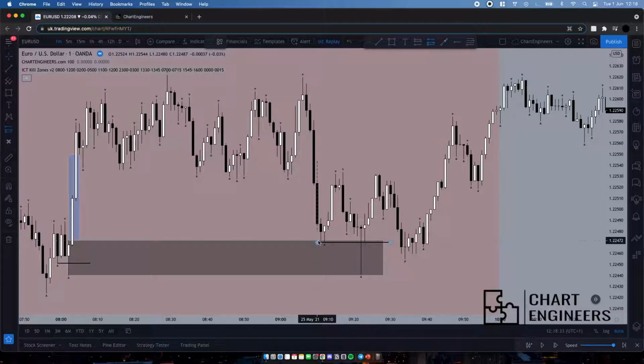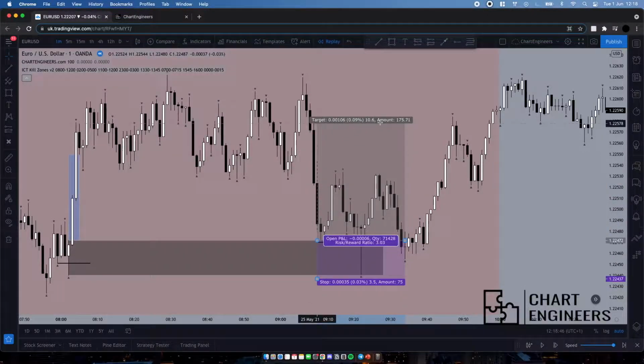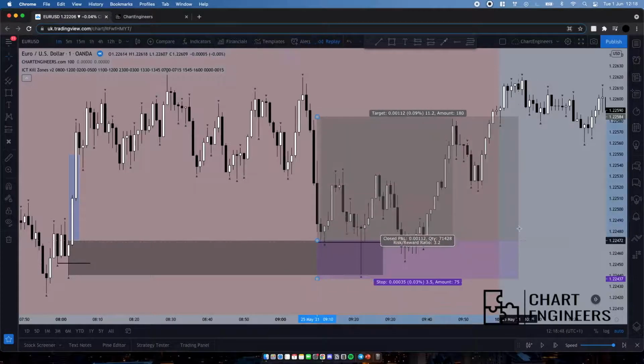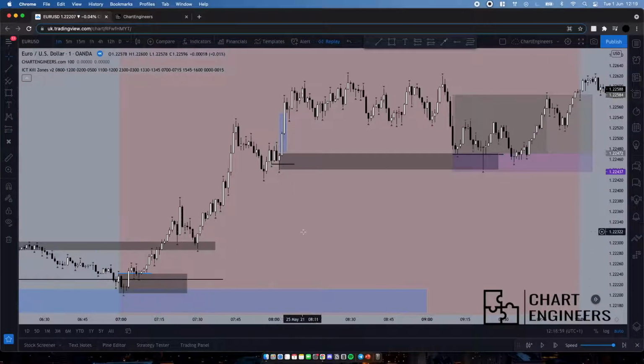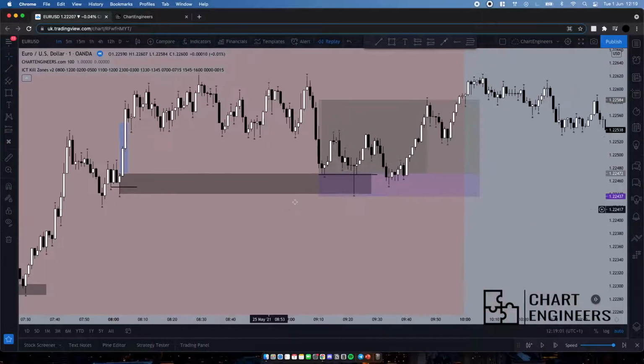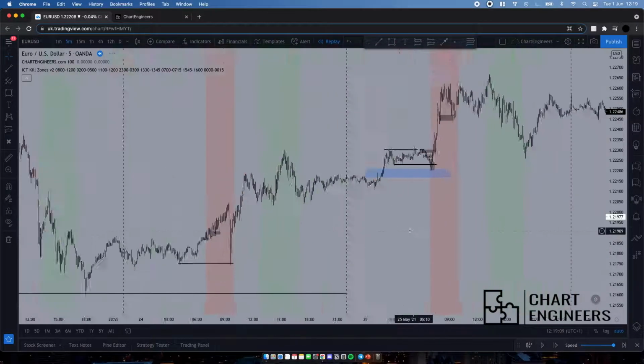So my entry was over here, and we see that the stop loss is 3.1 pips, so I just round it up to the nearest 0.5, and my TP is 3.2, and we see that price just flew up from here. So that's my TP for this day. So I had 1 loss, 1 win. So for the week I'm on +2 so far, and then I also took more longs into, well, in this area.